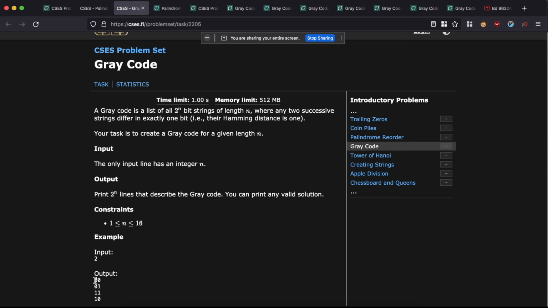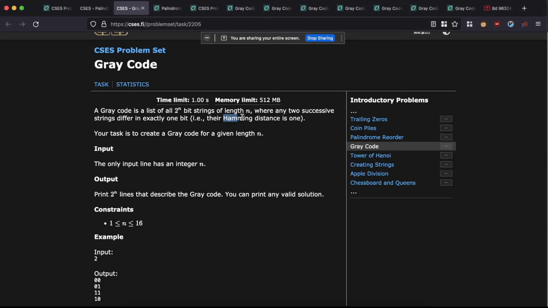And here's the output. So we will have 4 gray code 2-bit strings, because 2 squared is 4. And this is how it looks. If you see, this is not really the normal binary encoding, because in normal binary encoding we will have 0 0, 0 1, and then we will have 1 0 for the number 2, and then we will have 1 1 for the number 3. Here we have 0 0, 0 1, and then this is reversed. We first get 1 1 and then we get 1 0,